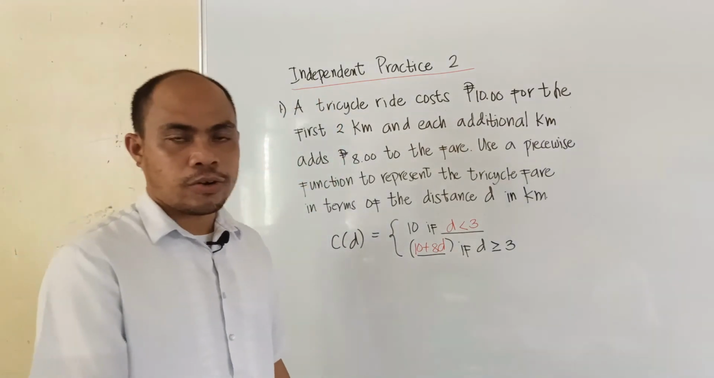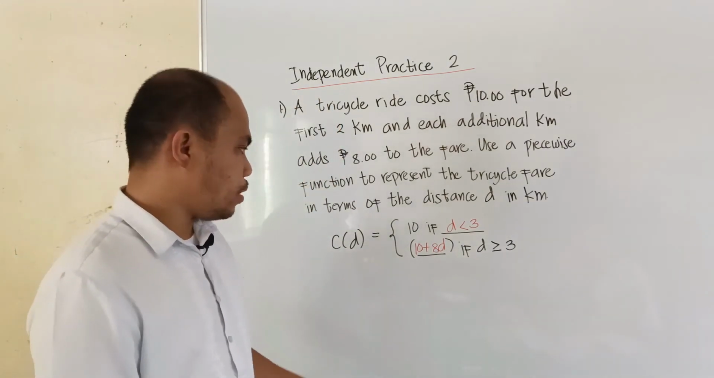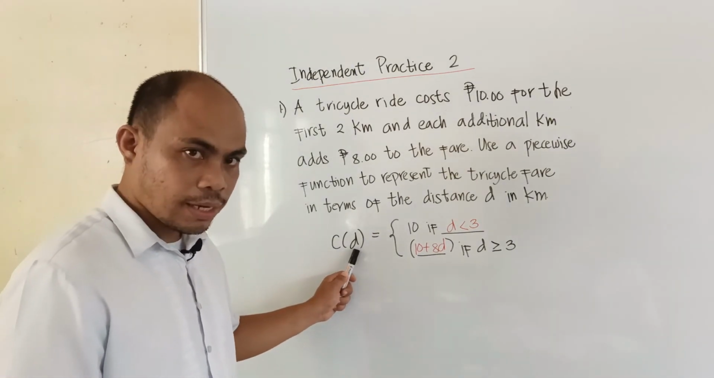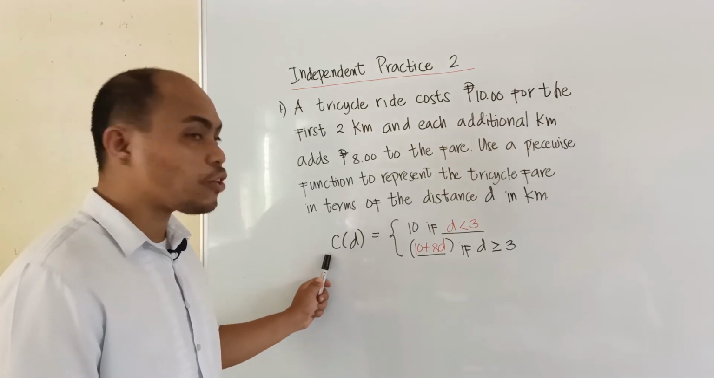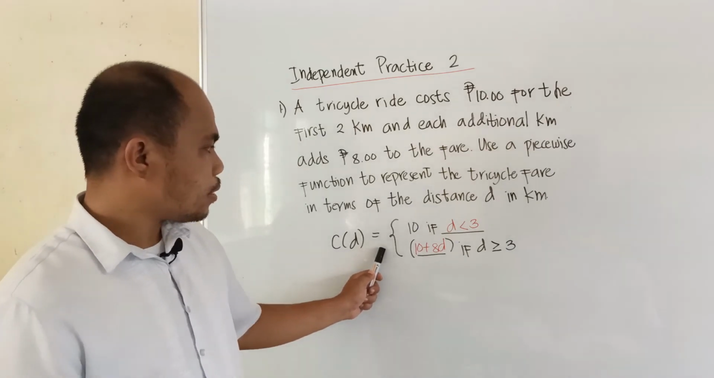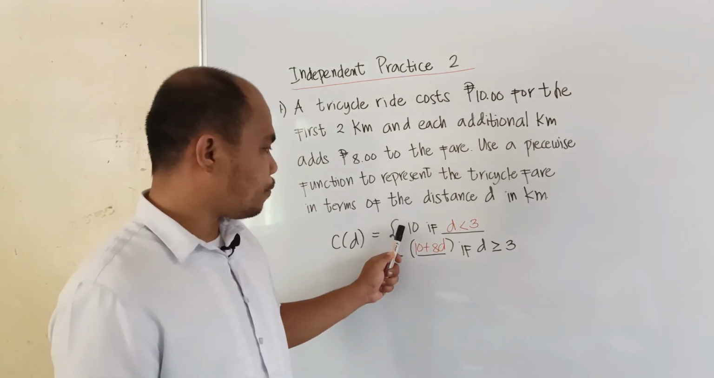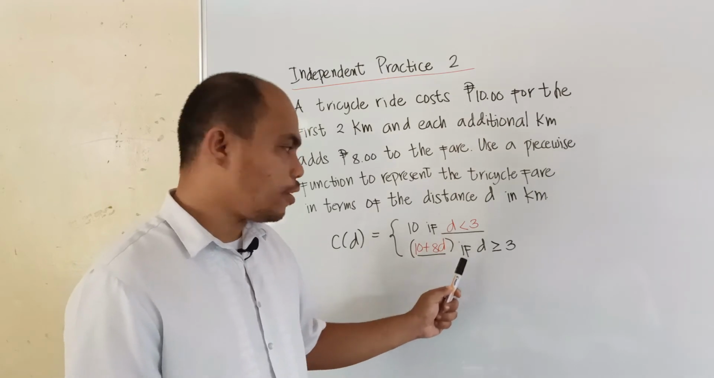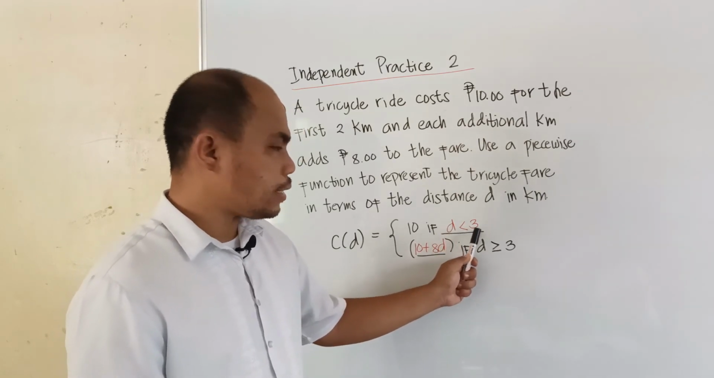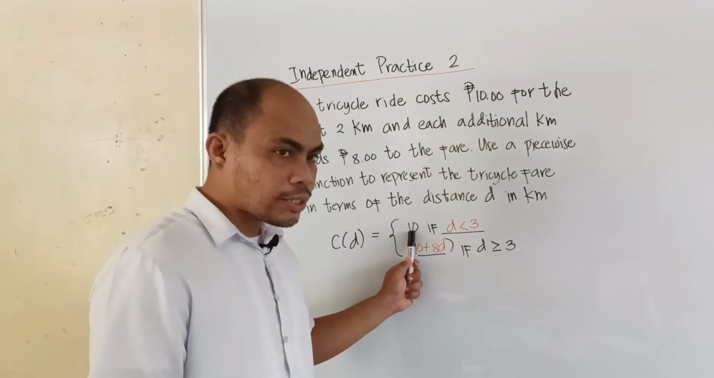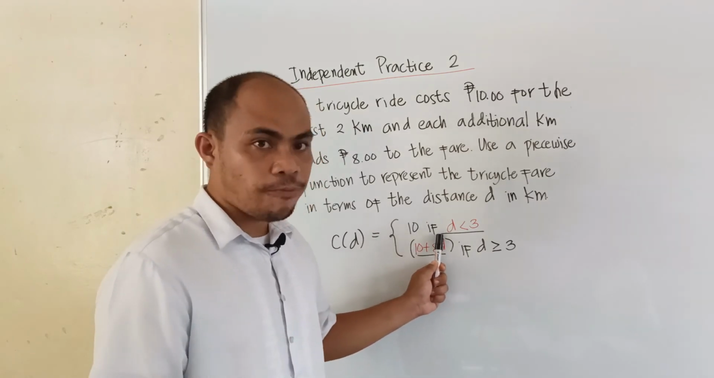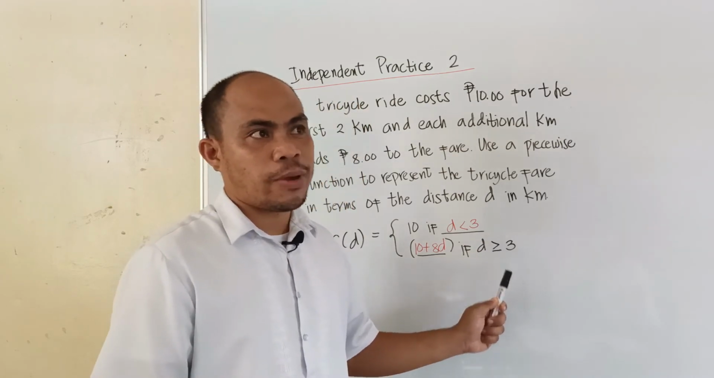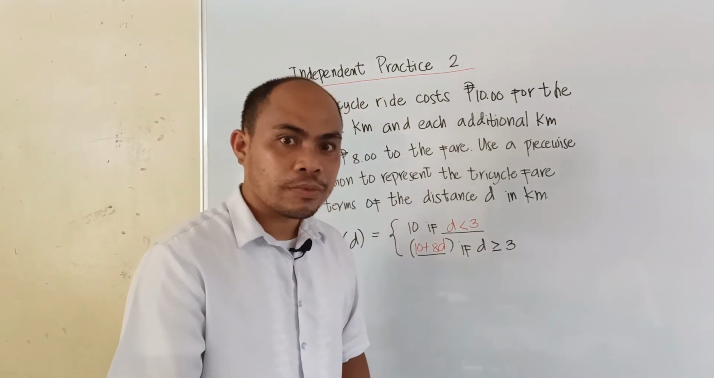Now, in your answer sheet, it is given that C of D, or C as a function of D, equals a set of: 10 if D is less than 3. This means you only pay 10 pesos if the distance is less than 3. What is less than 3? For example, 2.5. So if it is 2.5,